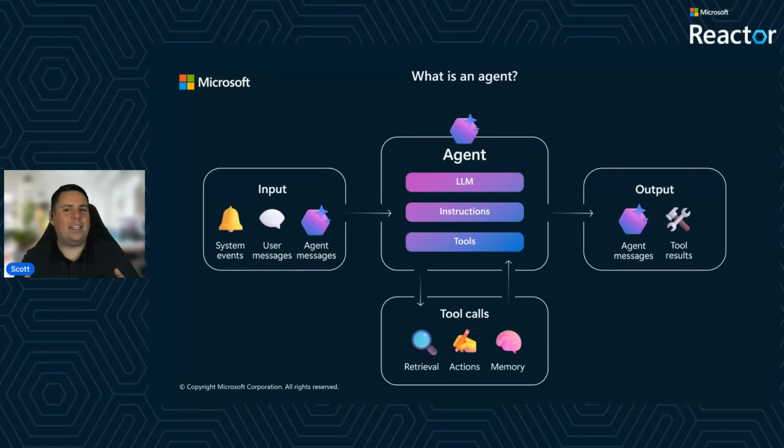I will call out here that when we begin to look at agents, though, we can break it down into three very simple categories: inputs, outputs, and tool calls. Basically, what do we need to provide into an agent at the beginning or provide to an agent during a conversation? What outputs do we expect from the agent itself, either mid-conversation or as part of a terminating event? And then what do we expect the agent to be doing internally?